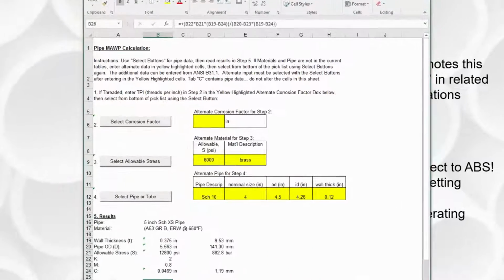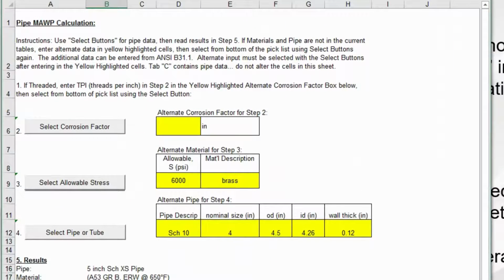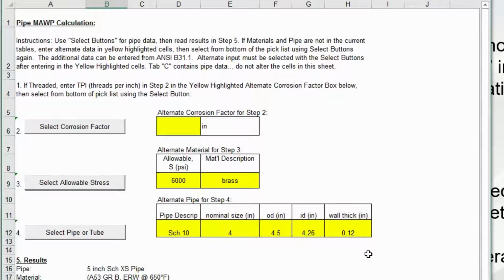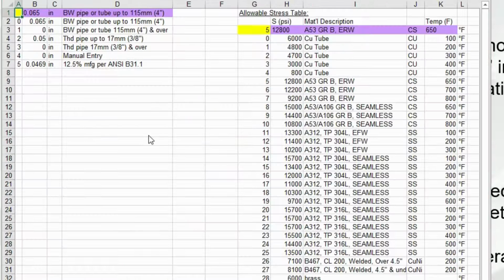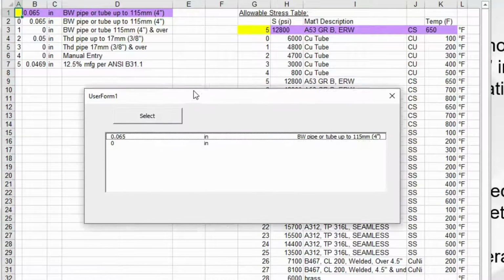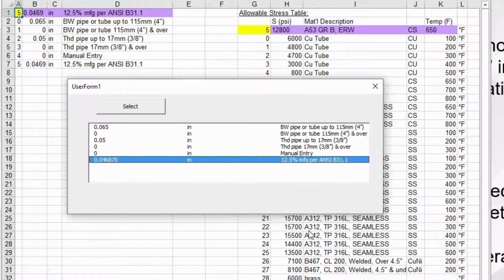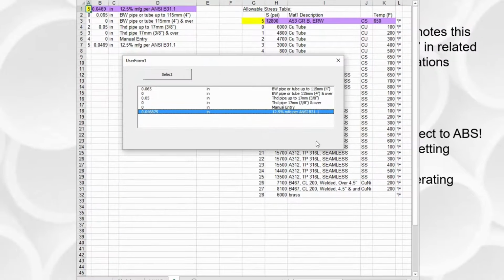Let's get over here to the spreadsheet. In the spreadsheet, it has some basic instructions at the top, shows you some basic formulas at the bottom, and a few notes there. But basically, all you want to do is go in here and first select a corrosion factor. I will typically just use the 12.5% manufacturing allowance by ASME B31.1 or ANSI B31.1.